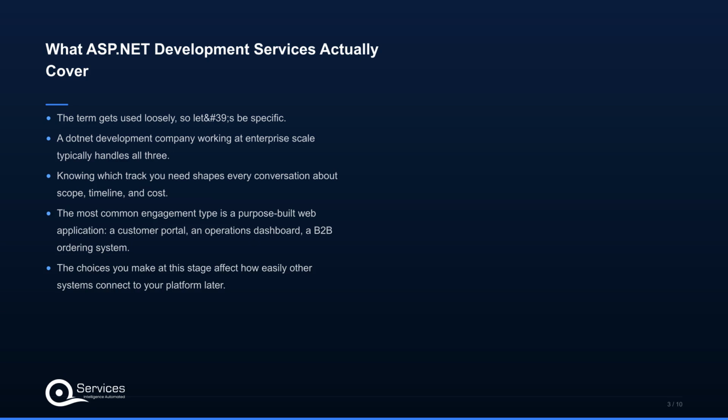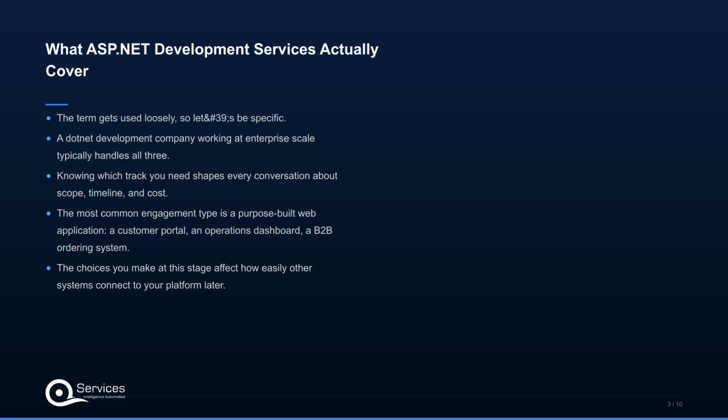The most common engagement type is a purpose-built web application, a customer portal, an operations dashboard, a B2B ordering system. ASP.NET Core is the framework of choice here because of its performance characteristics, its strong support for REST and gRPC APIs, and a mature ecosystem of libraries. The .NET 9 migration improvements to containerized deployment on Azure Kubernetes Service made startup times and throughput meaningfully better compared